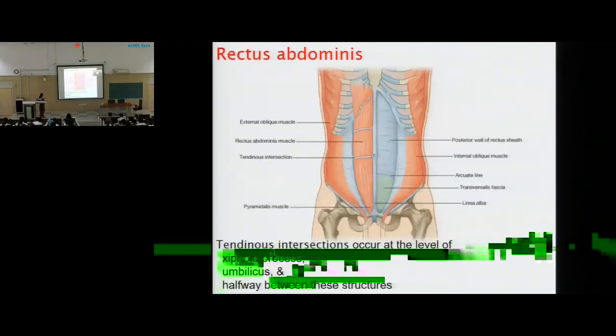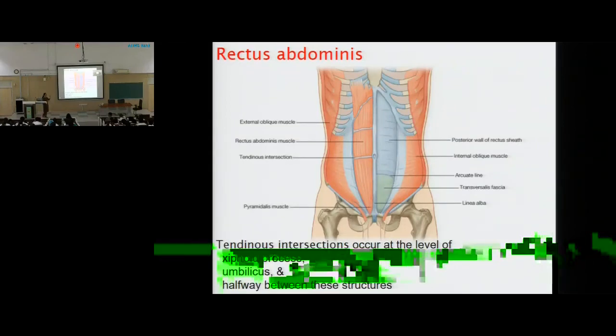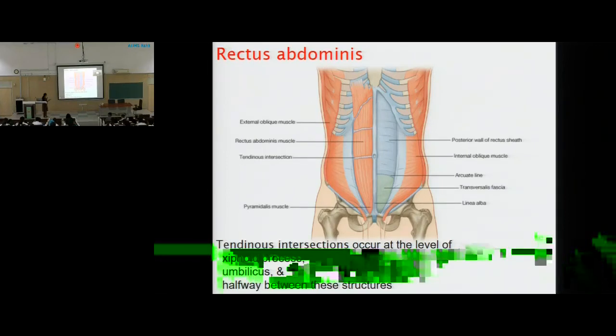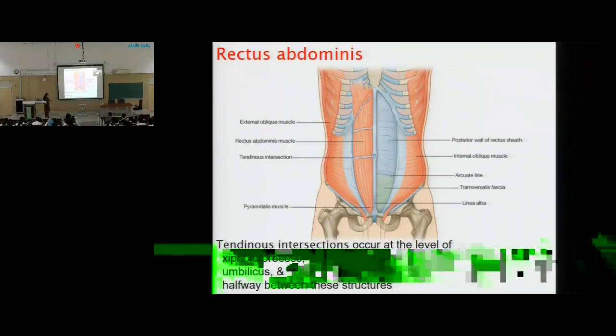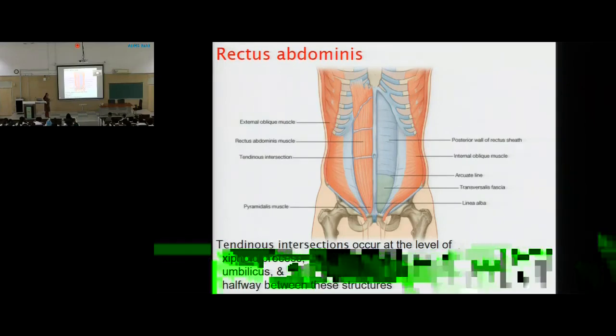Okay. Coming on to the rectus abdominis. Rectus abdominis has two heads, and we have already discussed that this muscle is present in segments. In between these fleshy fibers there are tendinous intersections. That's why those who are doing exercises to make their abs are working on these muscle fibers. These muscle fibers bulge out, and the tendinous intersections obviously do not bulge out, so they remain in place, and one can easily make out the abs.